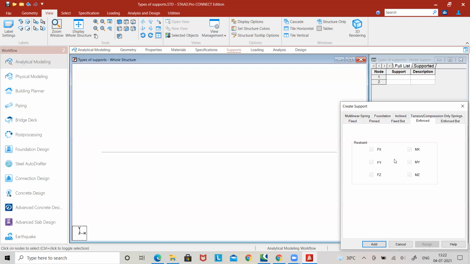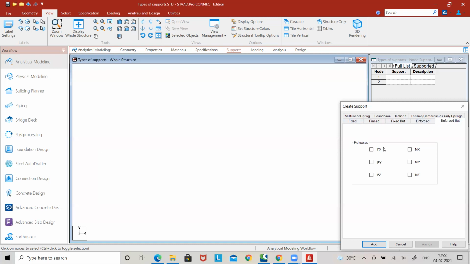In STAAD Pro, if you want to apply loads which give some support displacement to structures like plates and shells, you can use this enforced support. But for skeletal structures, you can use either fixed support or enforced support, that will be okay.